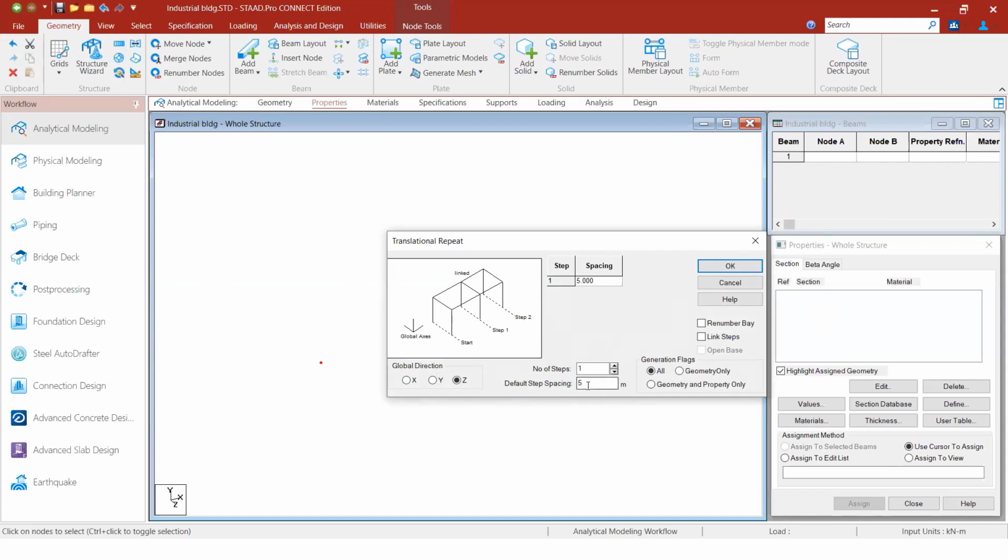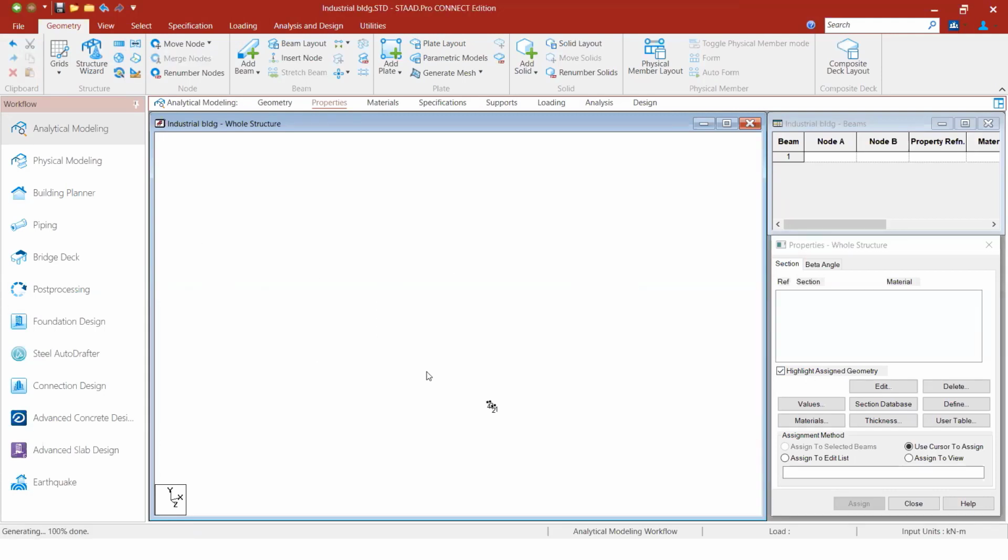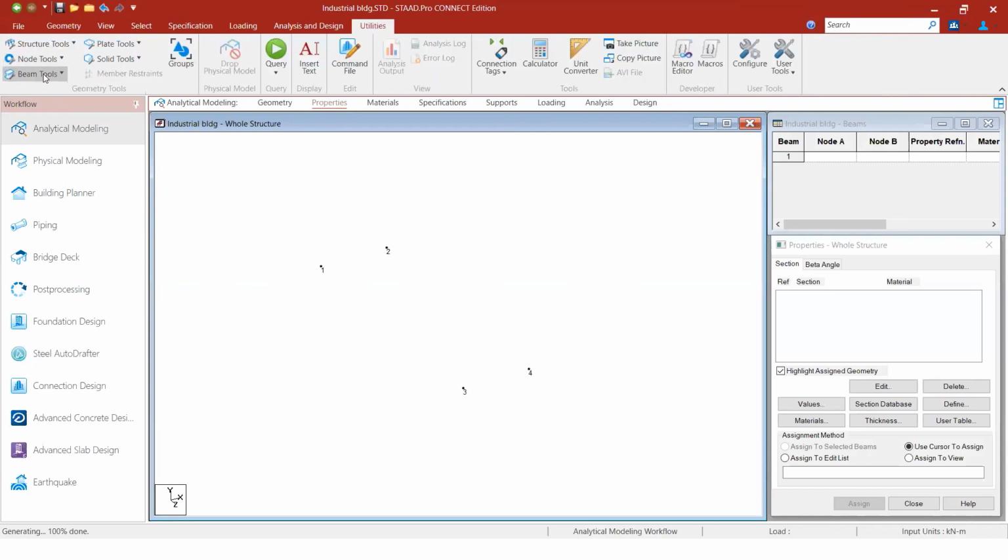So I'm just going to create it first on the width to base, and then, yeah, now you got it, right? If you see, measure the distance: this is 15 meters and this is 4 meters.